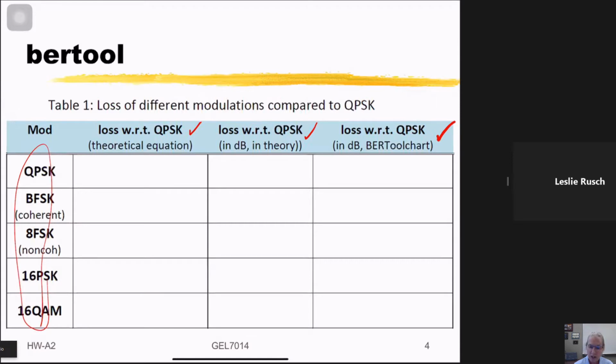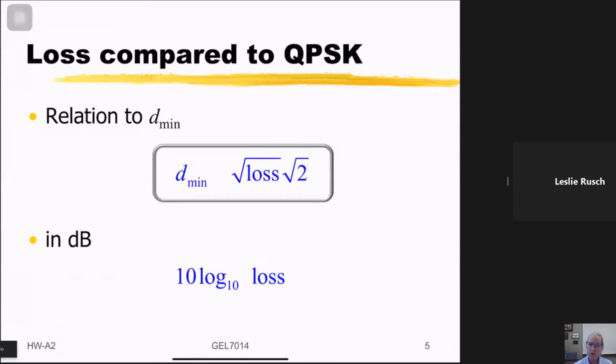So one is a graphical. So this would be a graphical report of the value. And this one would be a calculation. And this would be the equation. So remember what the loss compared to QPSK, what the definition is. It's related to the